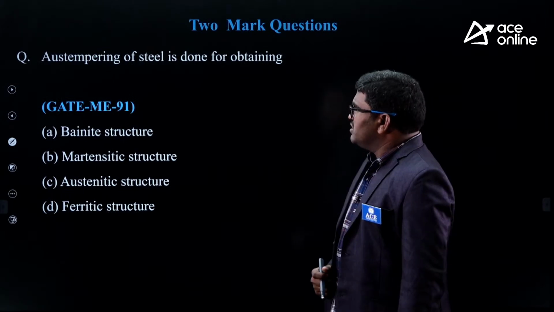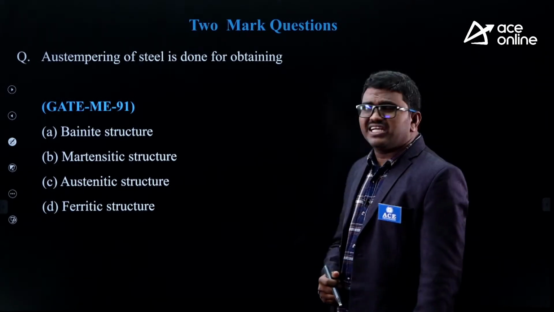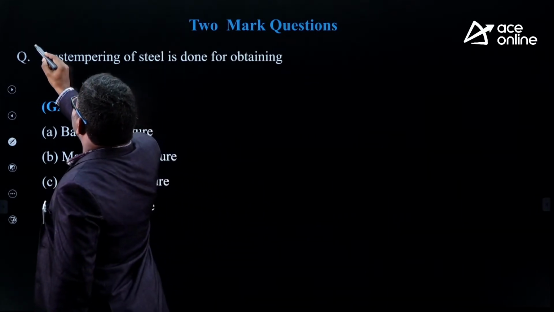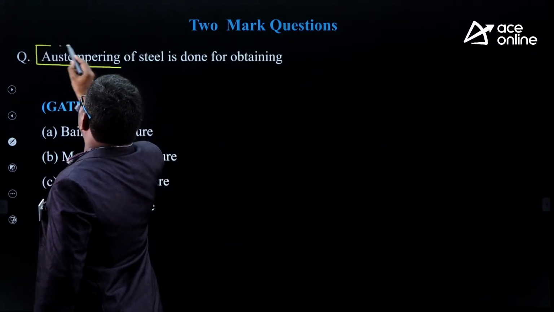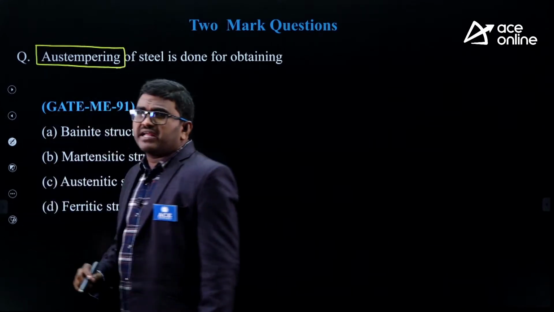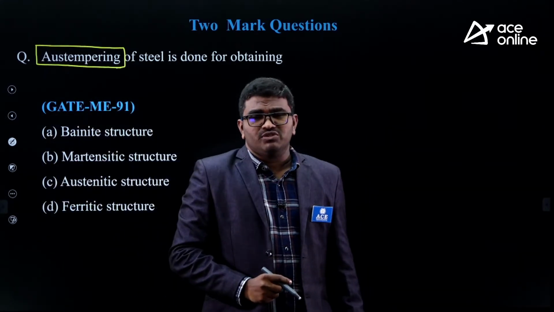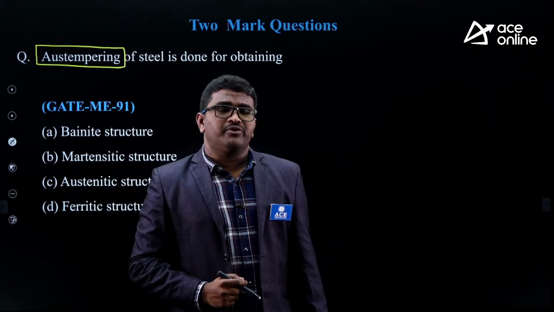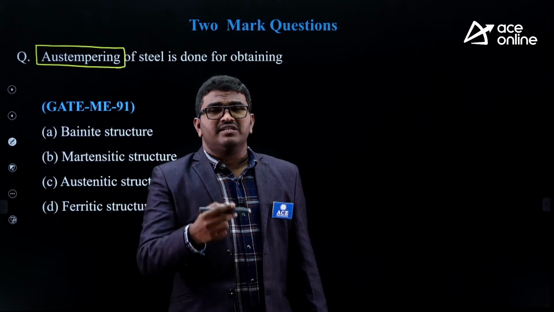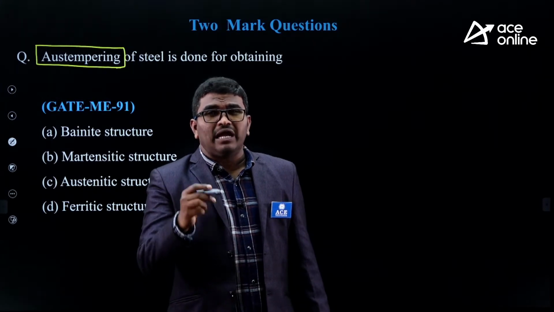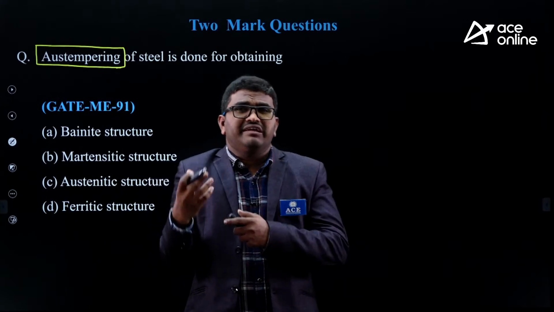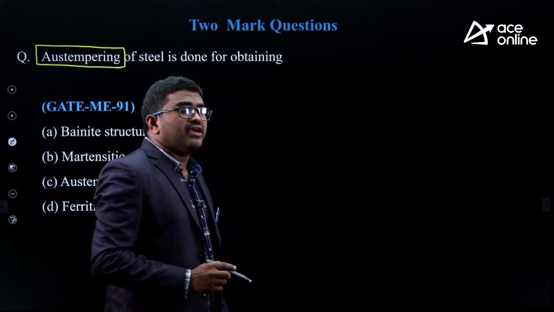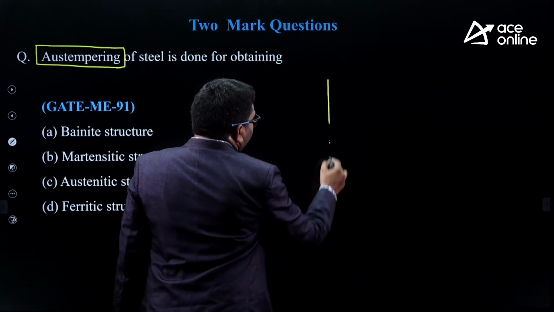Now, one more. This is actually a 2-mark question from heat treatment. It's a very simple question. Okay, austempering. Austempering is a heat treatment process. In this process, what we are doing, we are heating the workpiece material up to austenite. Then after that, we are cooling rapidly up to some 500 degrees Celsius. Then after that, we are applying an isothermal cooling. Okay, so by cooling the material like this,